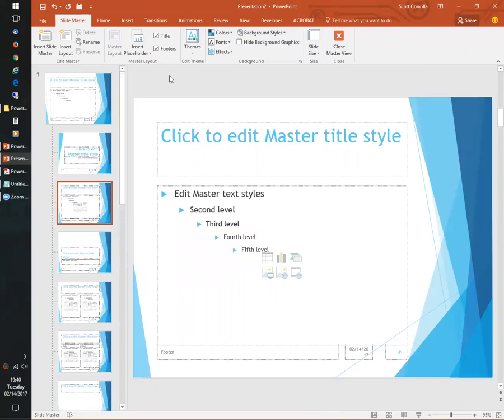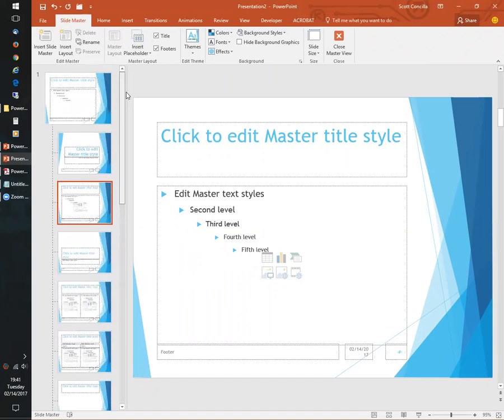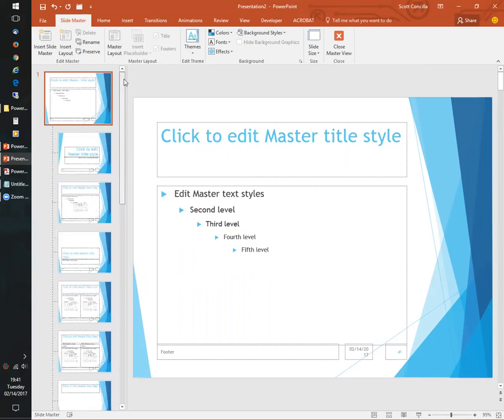Here we are now in something called the Slide Master view, and I get a whole new tab on the ribbon at the beginning here called Slide Master. And there's a new panel over here on the left, okay? What I'm looking at is the Slide Master and all of the layout masters that are in this presentation. Now, if you look at this very carefully, you'll notice that the one at the top is bigger than all of the others, and there are these dotted lines that show the subservient relationship that these things have, okay? This top one here is the slide master.